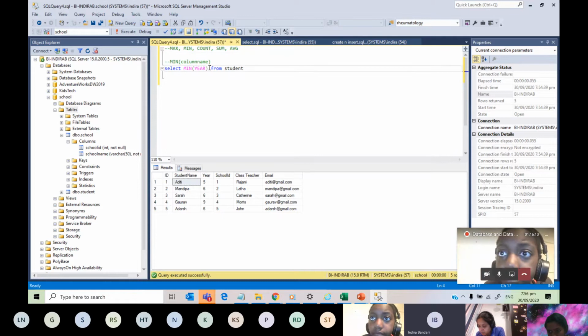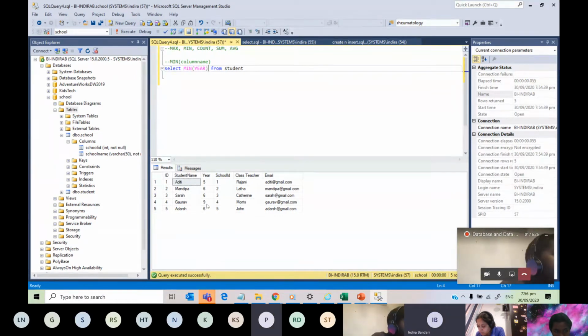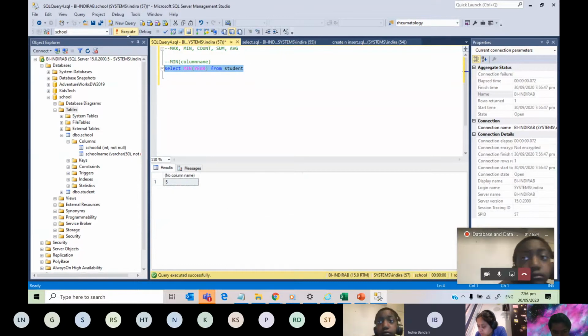Okay, let's just look. So minimum of year is from student. What will it give you? What is the answer that we get? What is the minimum of year here? 5. Yes, very good. Okay, so if we just run this one, it gave you 5, but it did not give you any column name, right?